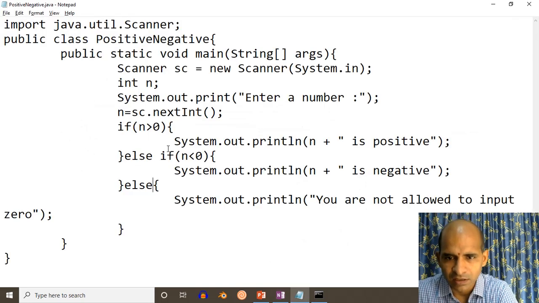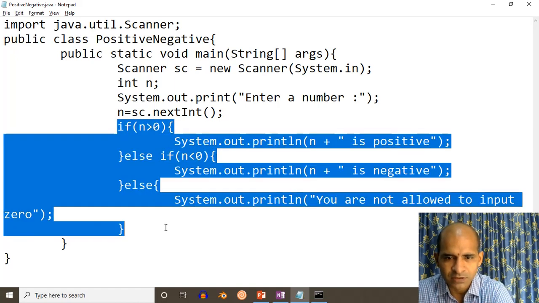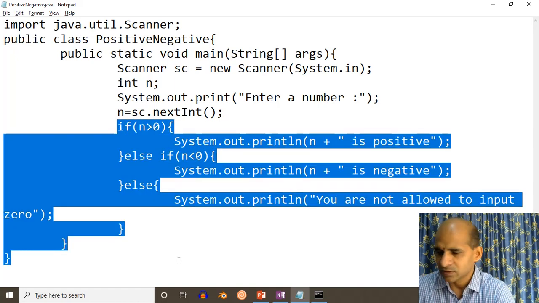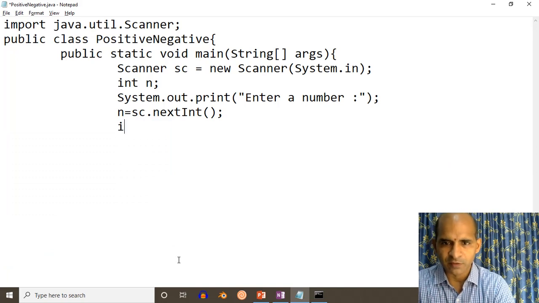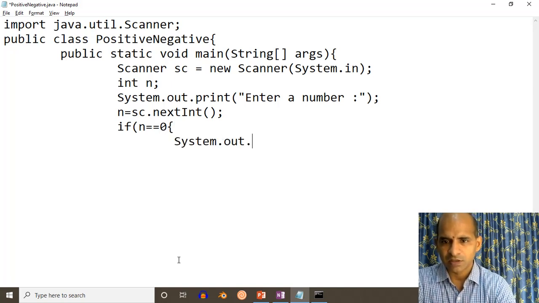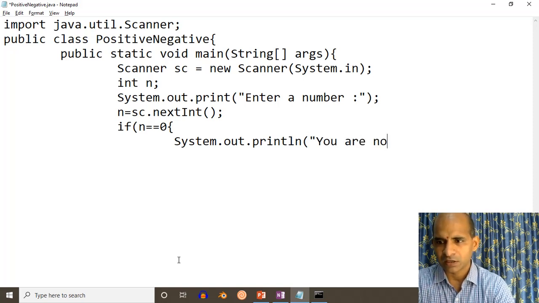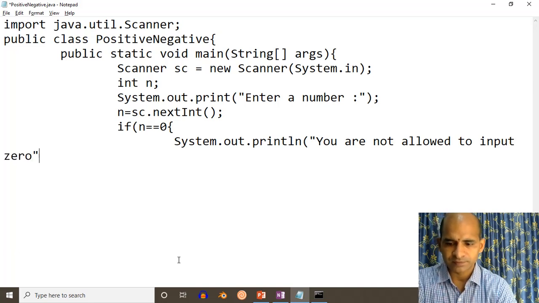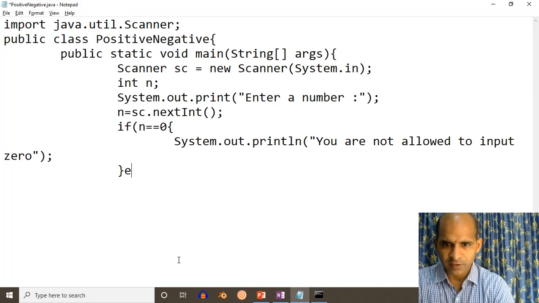same number. So up to this the answer is correct, so let me delete. So here we will go for if n is equal to 0, we will write System.out.println you are not allowed to input 0. Now here we will go for else.